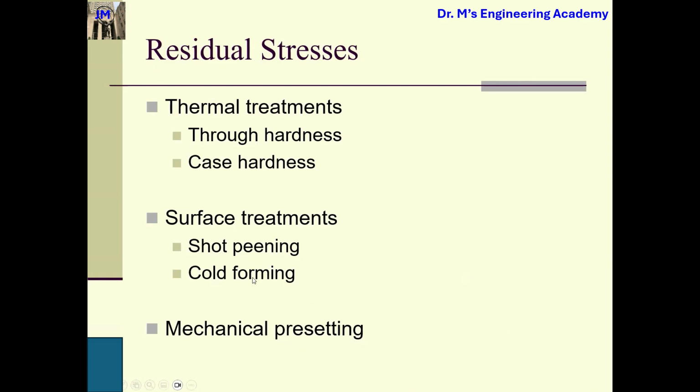The second one is cold forming. In cold forming, we use rolls. We put this workpiece inside the rolls, as I told you already in manufacturing. We just compress it to induce the compressive residual stress. For advanced research, we use laser peening. Okay, guys, if you are interested in laser peening research, call me out of the class. Laser peening is also, the purpose is also, to use the laser